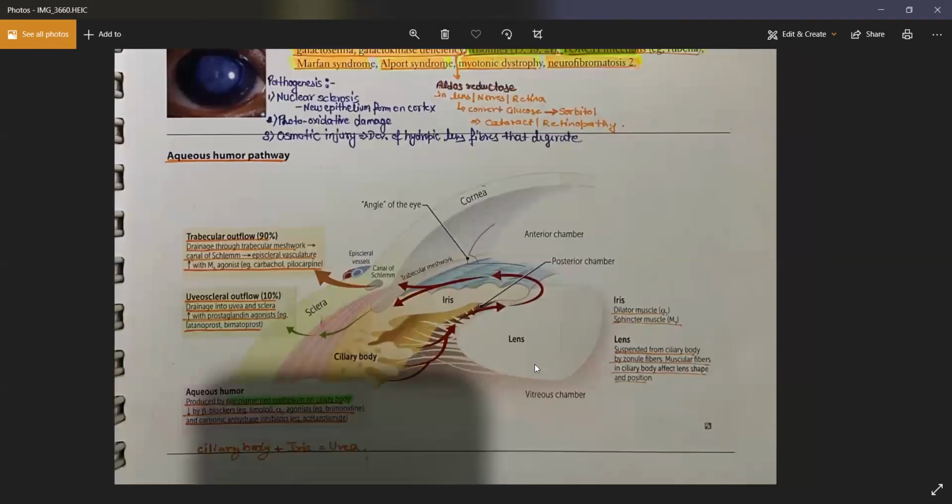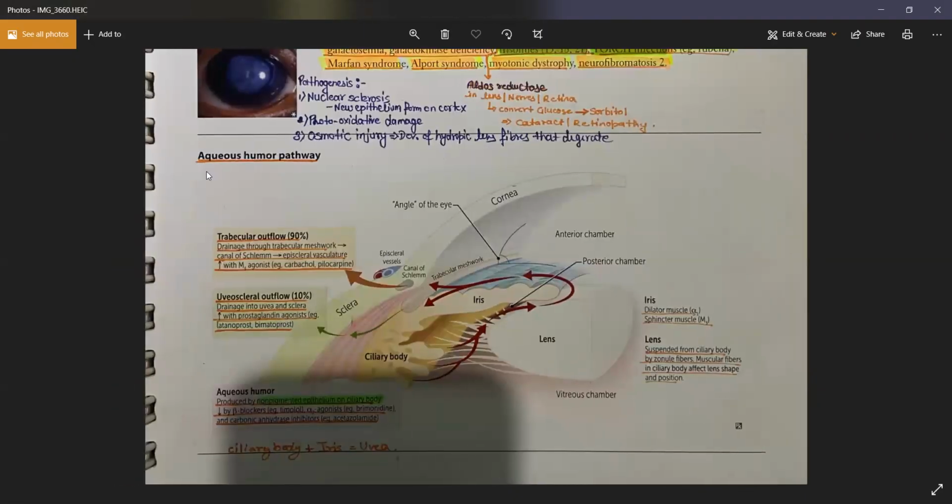Okay, then you have this aqueous humor pathway. So I told you that the ciliary bodies, which are the middle part in your ciliary muscles,